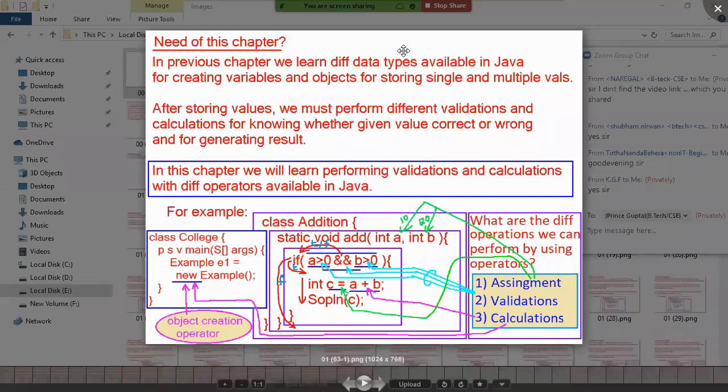Tell me, in this entire process, do we have the data type chapter, operators chapter, control flow statement chapter, and exception handling chapter? Think. First, what did your mother do? Your mother wrote all the required things on a paper. That is which operation? Is it assignment, validation or calculation? Mother did assignment. Assignment means what? Storing. The paper is a variable, right? The paper is a variable, and all the list of information is values. Your mother's hand is the assignment operator.